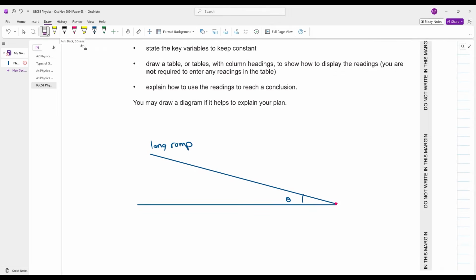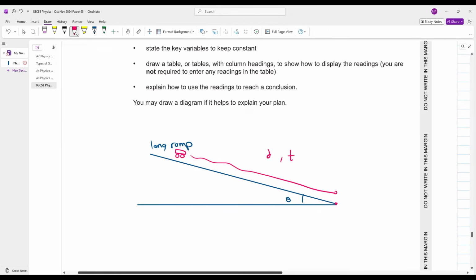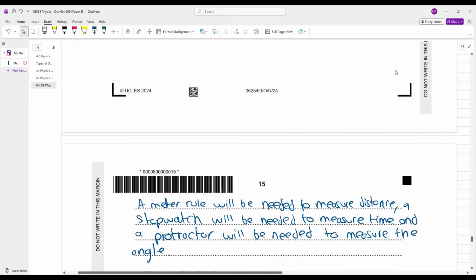Okay, perfect. देन व्हाट विल यू डू? हाँ जी, लॉन्ग रैंप ले लिया आपने, मेजर कर लिया द एंगल यूजिंग द प्रोट्रैक्टर। क्या करोगे फिर? Then you will release a trolley from the ramp, measure the distance traveled, measure the time taken, divide कर दो to calculate the average speed।